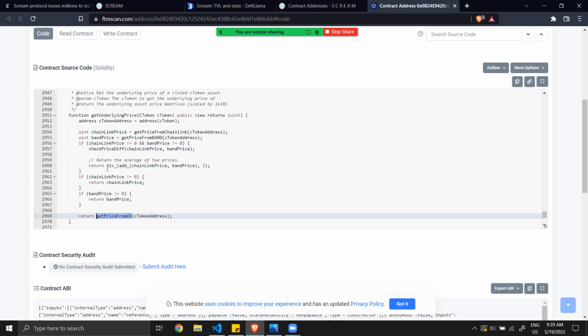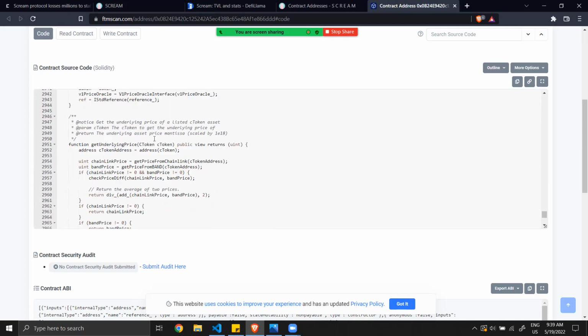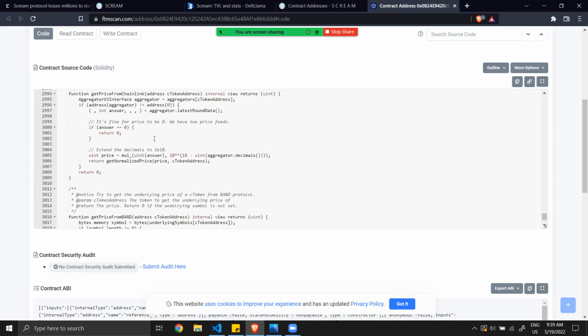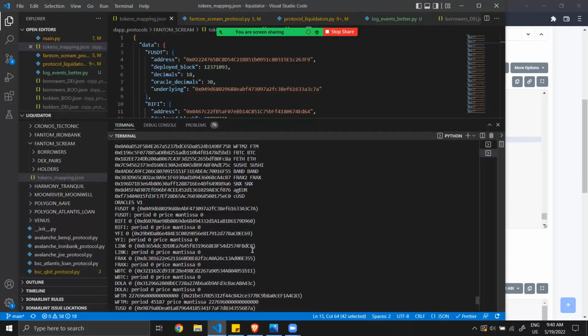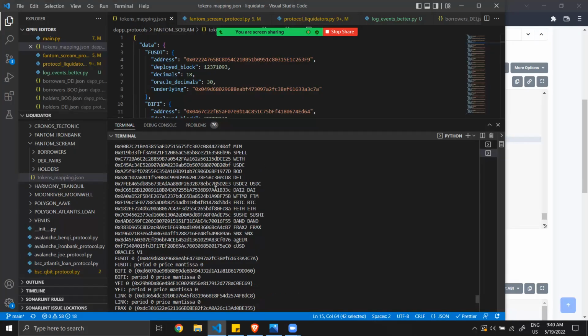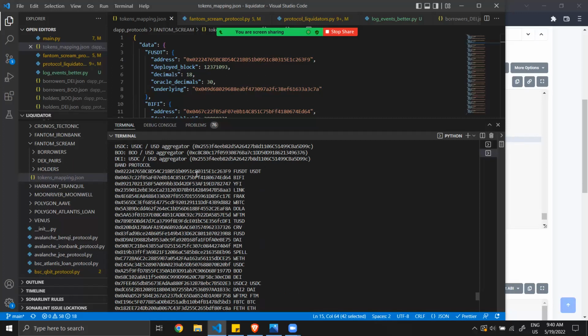We will have a look now at how the Chainlink oracle works specifically. They are using an aggregator associated with the cToken, and they get the last price. We will go in the code. Let's see, for instance, for fUSDT.